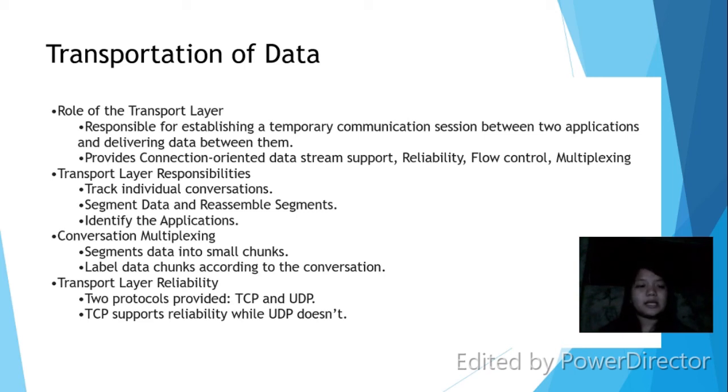Transport layer responsibilities: track individual conversations, segment data and reassemble segments, and identify the applications. Conversation multiplexing segments data into small chunks. So the multiplexing is the segmentation: it divides the data into small chunks, then labels the data chunks according to the conversation. Transport layer reliability. Two protocols are provided: TCP and UDP. TCP supports reliability while UDP